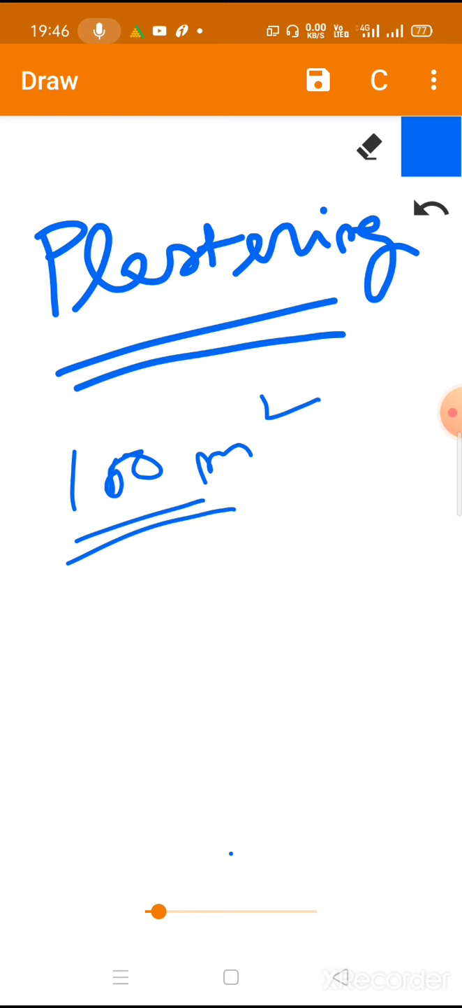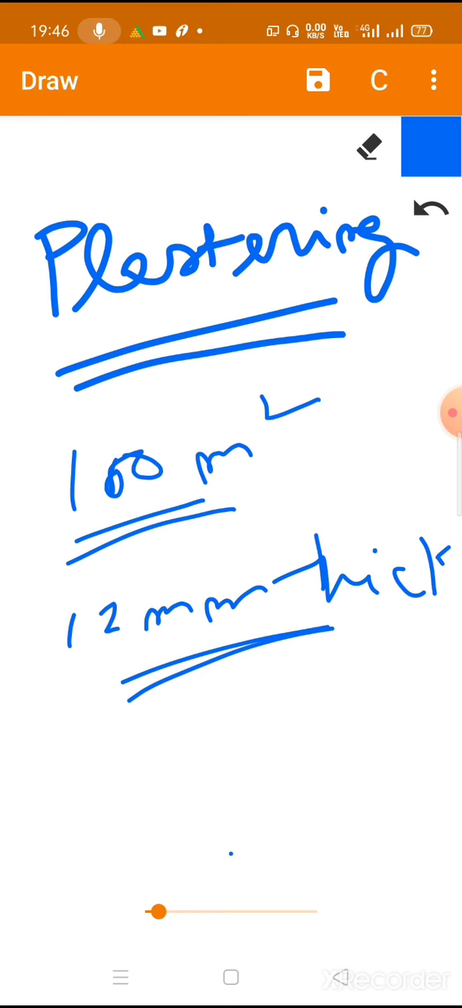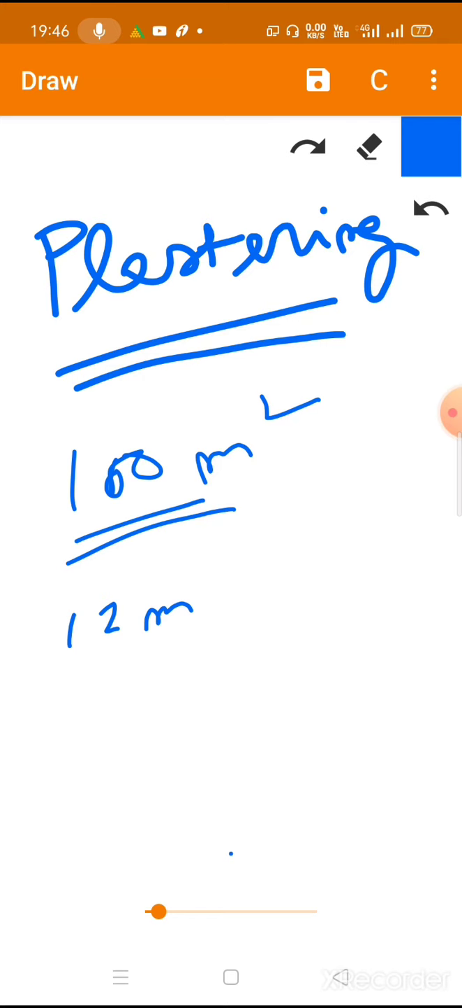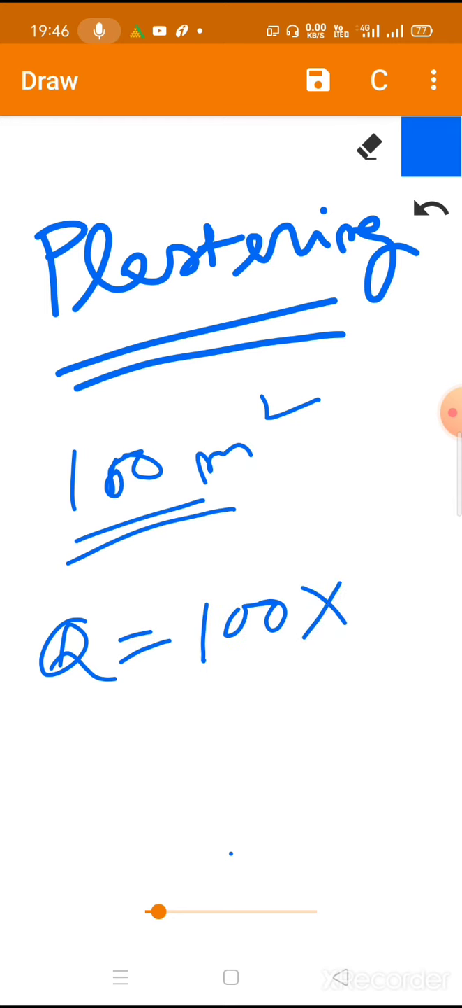Now suppose the plastering we are going to apply is 12 millimeter thick. 12 millimeter thick plastering we are going to apply over an area of 100 meter square. So what is the total quantity of plastering will be? Total volume or quantity of plastering will be the area 100 meter square multiplied by the thickness. Thickness is 12 millimeter or 0.012 meter. Ultimately 1.2 cubic meter